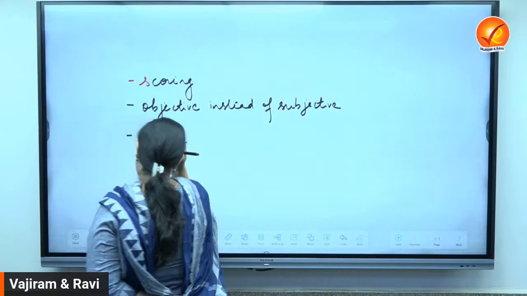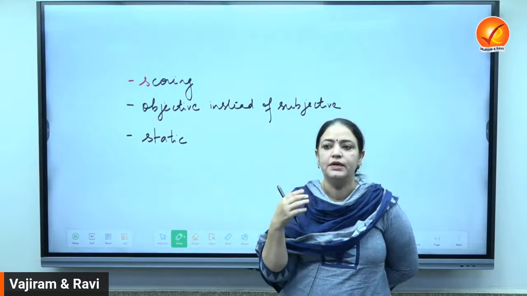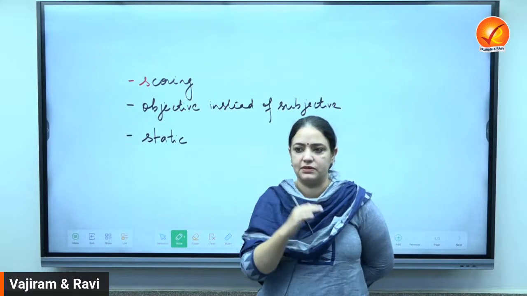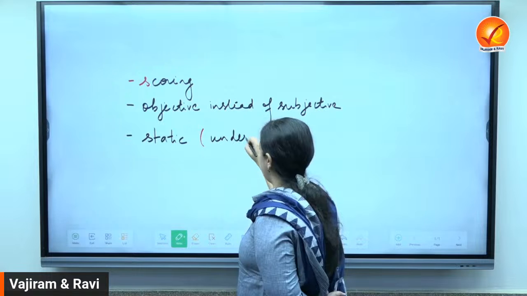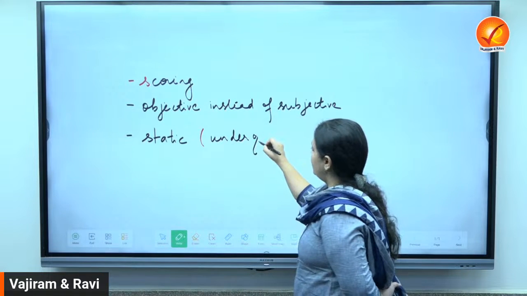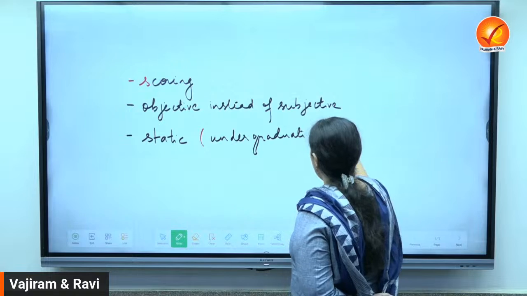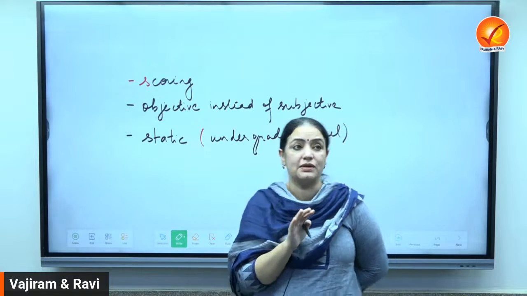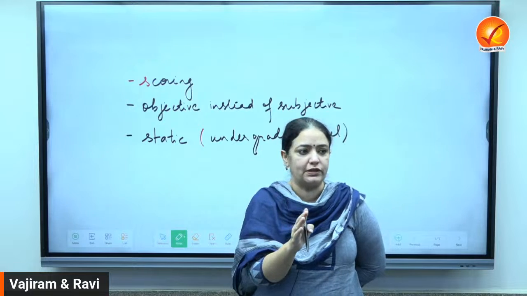Honestly, a lot of students ask me, what is the level of mathematics as an optional? Is it JE level? Is it master's level? Is it graduation level? So static syllabus, this is undergraduate level. Anyone who's just passed out from class 12th, when he or she enters first year of college,